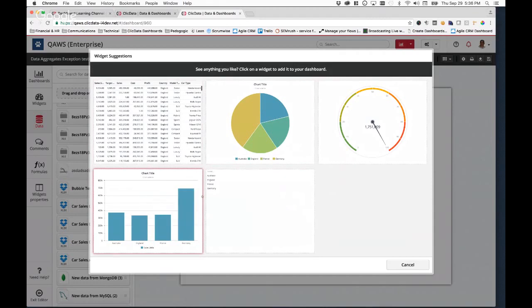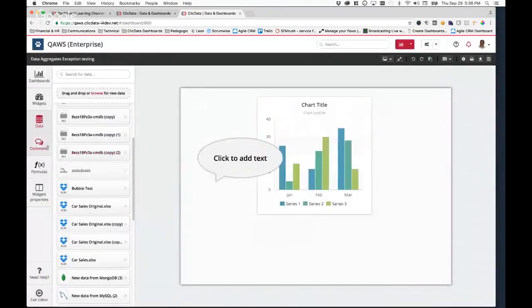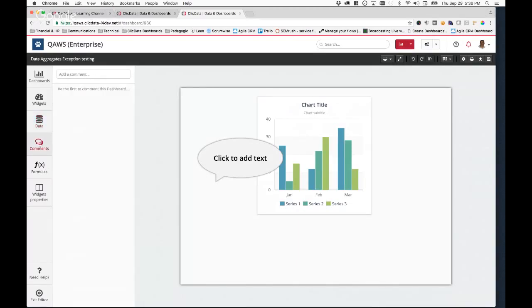Obviously, not all of them are correct, but it may give you some ideas to get started quickly. This is a quick little feature that I think is very handy. We're going to add more and more intelligence and features there. The common sidebar is where you can have your users or yourself add comments.